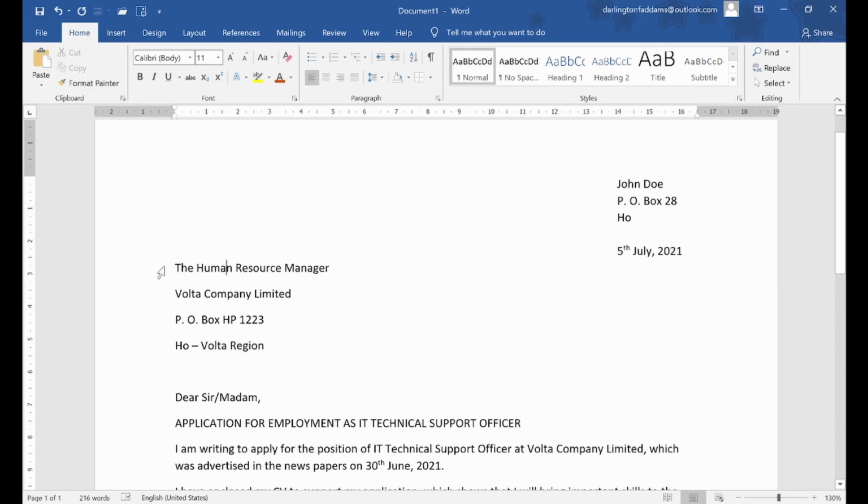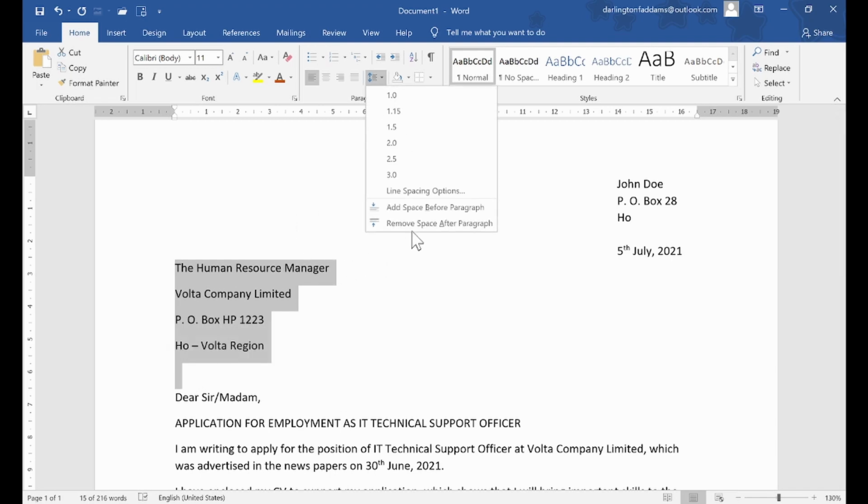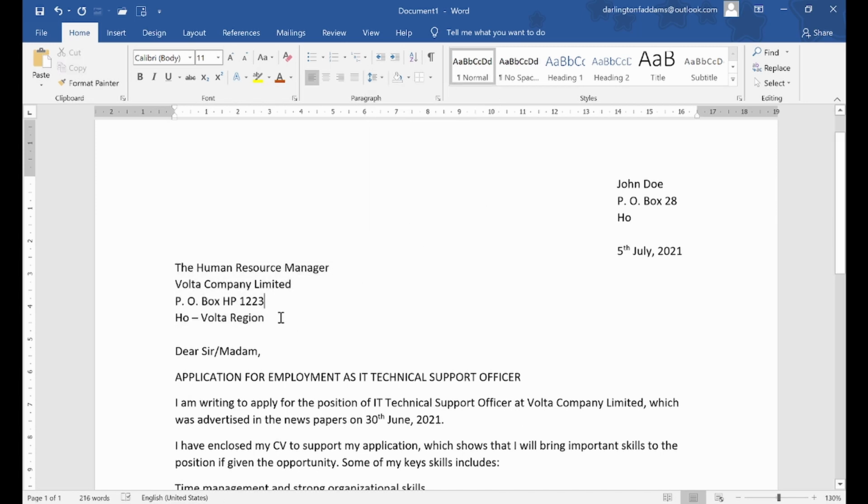Do you see any problem with the recipient address? Is there any issue with the recipient address? What do you see? Okay, the paragraph spacing is there, and that is awful. So I'm going to highlight this together with the space I created here, because that space is also having some. I'll move to the line and paragraph spacing, remove space after paragraph, and now it will look okay. This is how it's supposed to look. It's not supposed to be with the paragraph spacing. This is how it's supposed to look. Okay. Now,